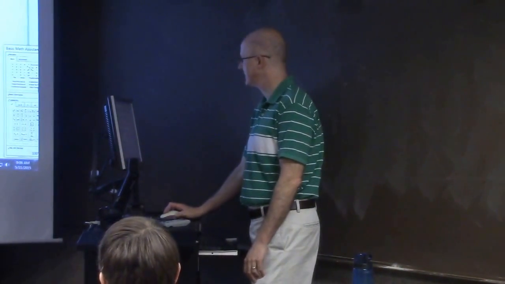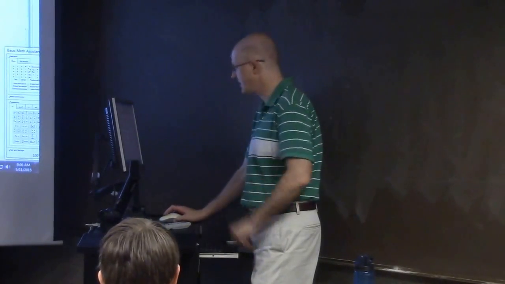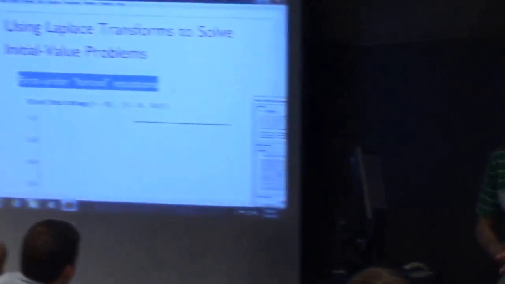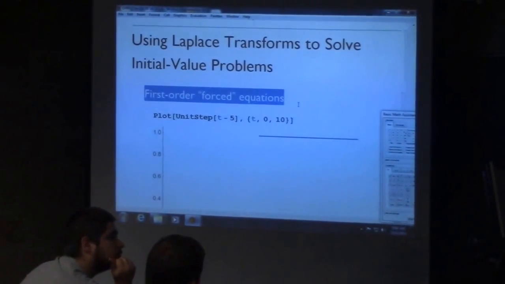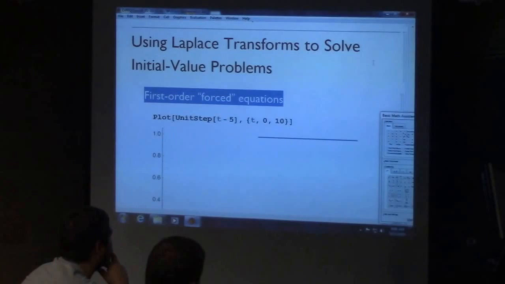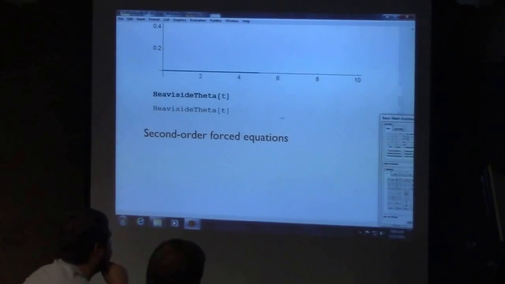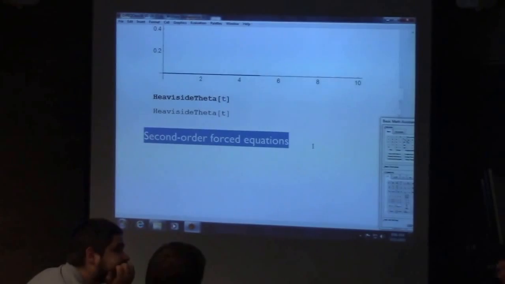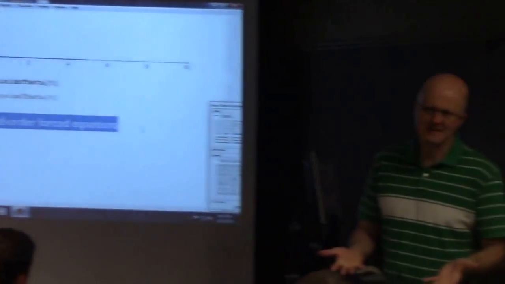So last time we considered using Laplace transforms to solve first order forced equations where the right hand side was a discontinuous function involving a unit step function or a Heaviside function. Today we're going to do a second order forced equation. We're going to make the right hand side function something that we're used to from chapter 4, a cosine, which is not discontinuous, it is continuous,